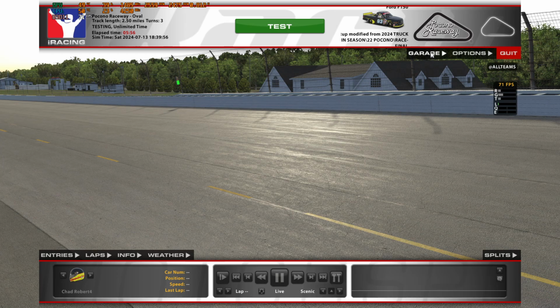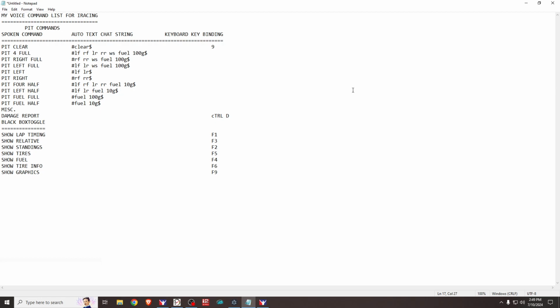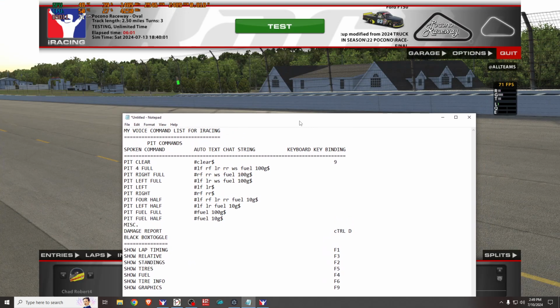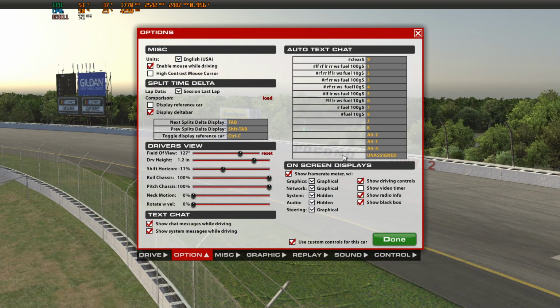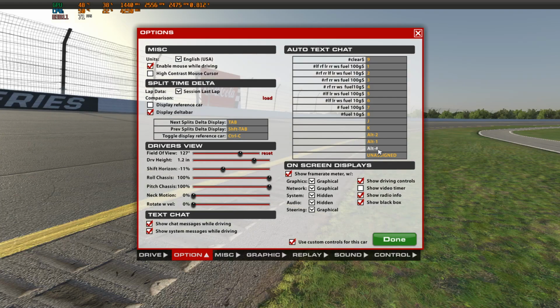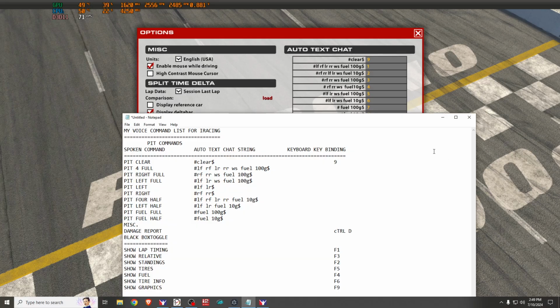So what we're going to do is go into the garage, and in that list I made here, I'll just drop it down out of the way a little bit. You're going to go into your options screen. Now where you set your pit commands up is in your options, where you have your auto text chat, where you can set all of your voice things that you want to do, like the quit your jibber jabber thing, pit left, pass right, whatever, and bind them to a key button. Here's where you will put in your pit commands. And if we pull up our pit command list here,